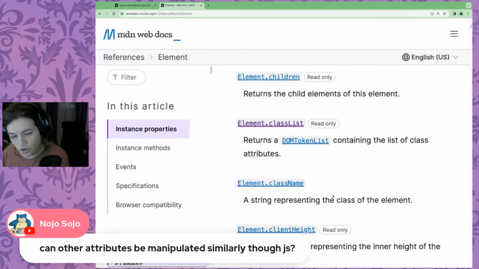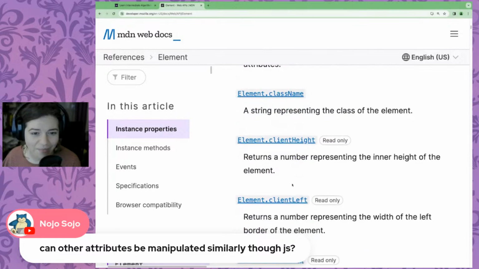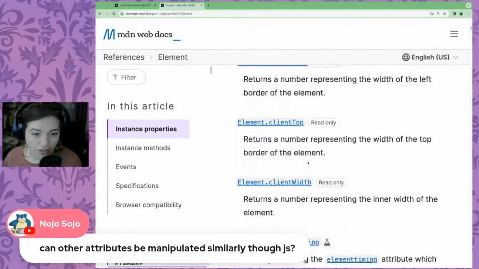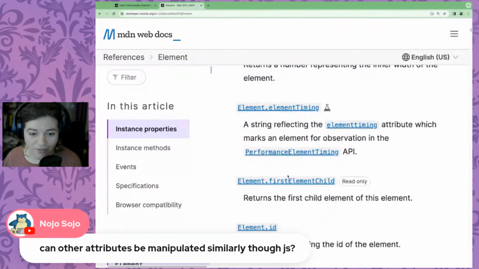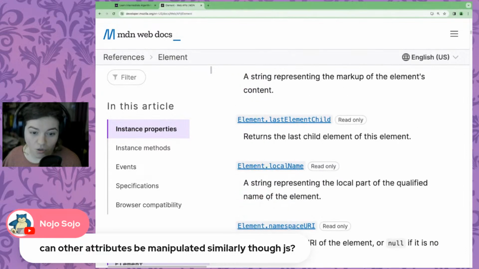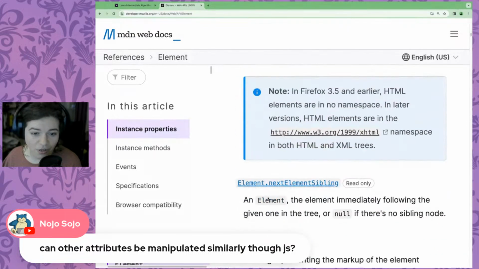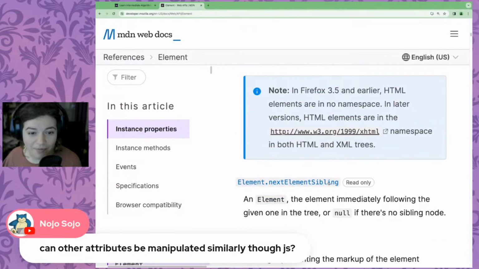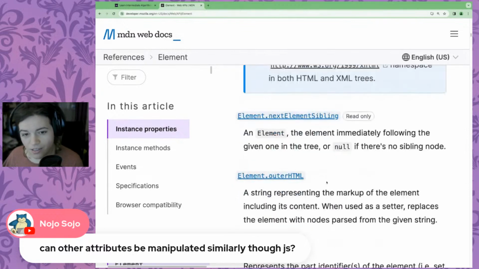So we've already been working with a couple of these. We've got, for example, class list. You might remember class name. The other stuff, I don't know what any of that is, but there's inner HTML. These are all the element attributes that we've been manipulating. Local name. I mean, there is stuff that I don't even know what it is. Next element sibling. Hey, we could have used that.